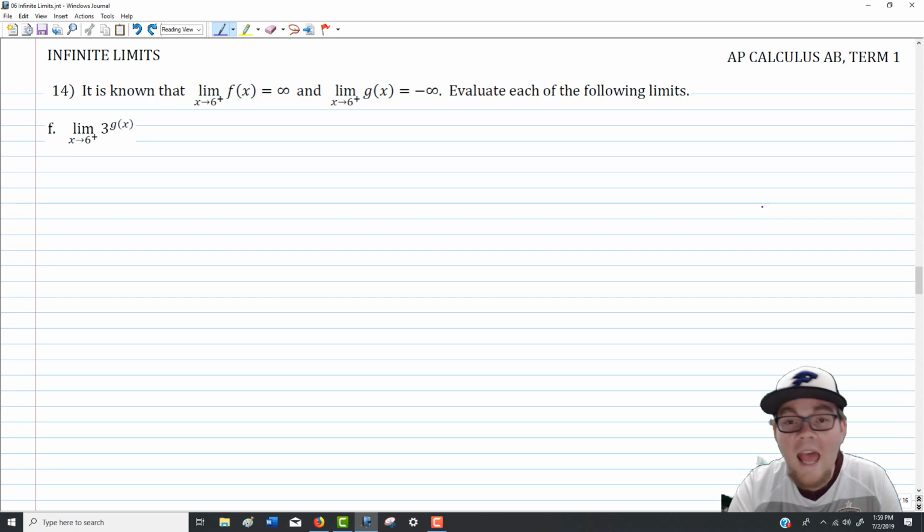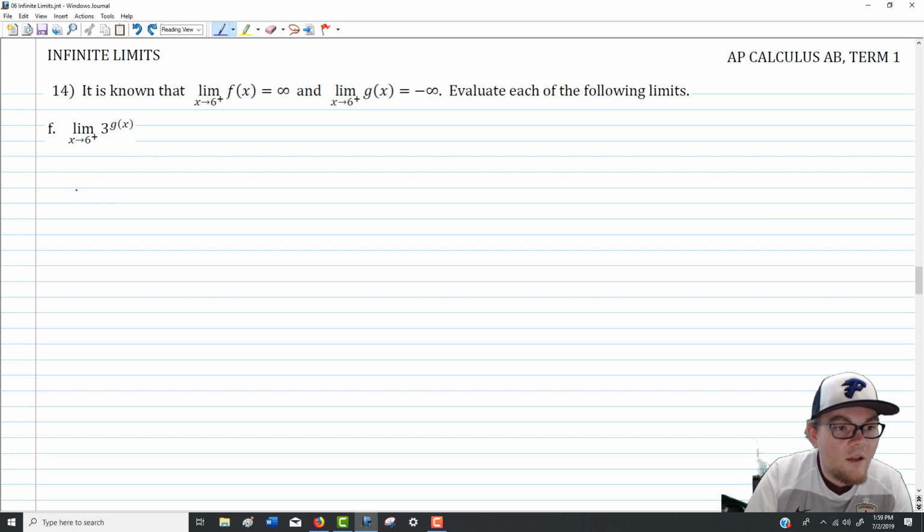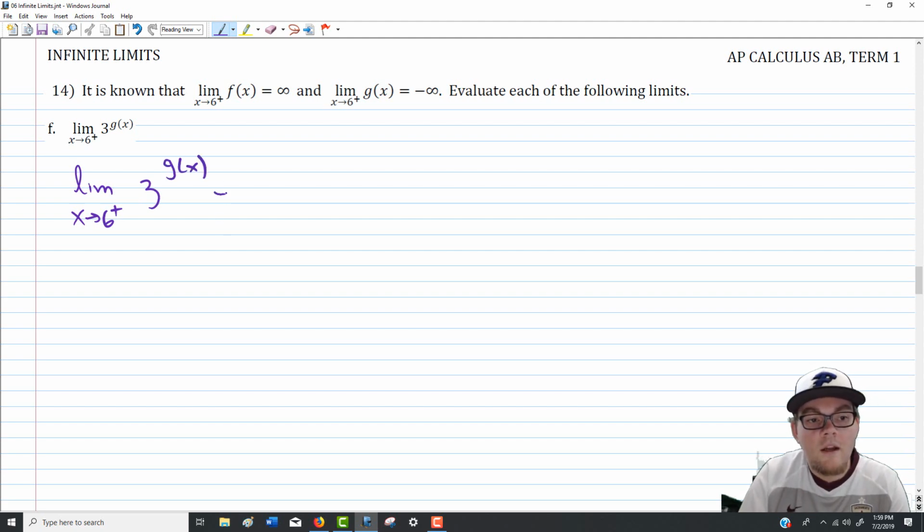Okay, finally, 14F is the other question I wanted to look at in this section. This is just a cool question. I just think it's a really neat one to look at. It's one that can kind of mess with your mind a little bit. So once again, let's jump in. We want to evaluate the limit as x approaches 6 from the right side of 3 to the g of x power. In here, since there's no issue,